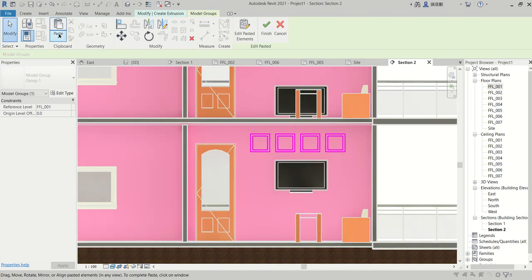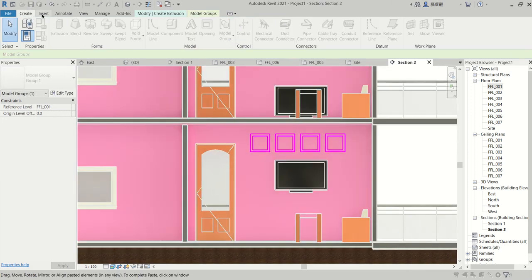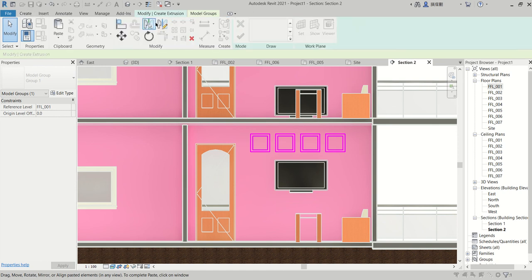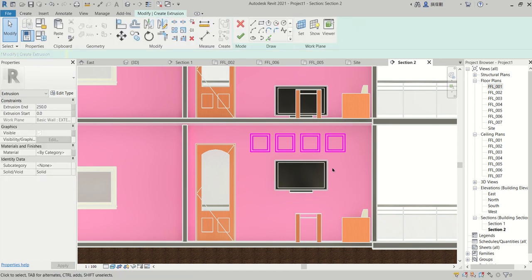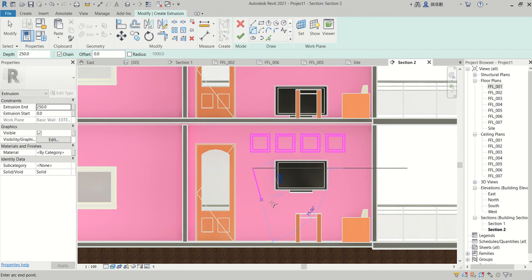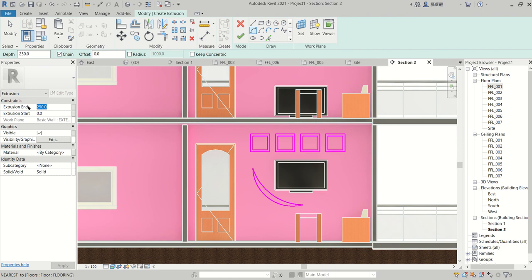And I want to create some more items here. I'll go to create, modify extrusion. This is okay, and I will create this arc kind of thing. You can create whatever shapes you want using all these draw tools. I choose one more here like this, and I want to give extrusion for 1.5 feet depth,